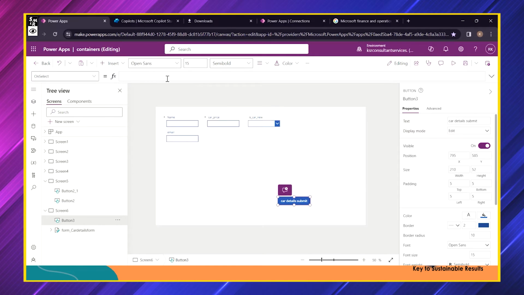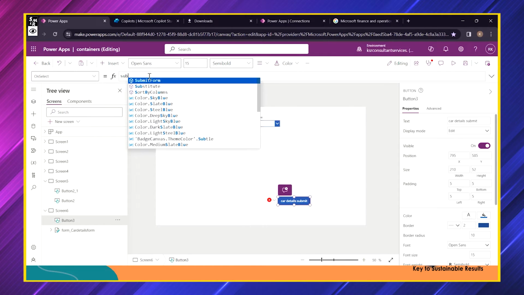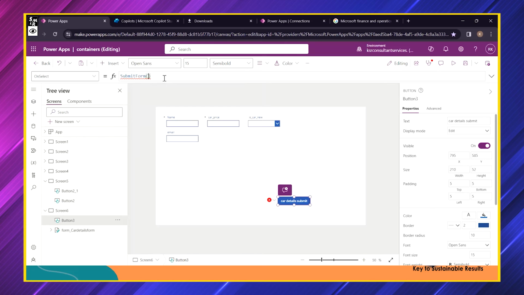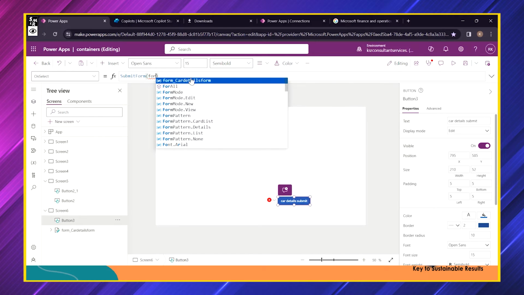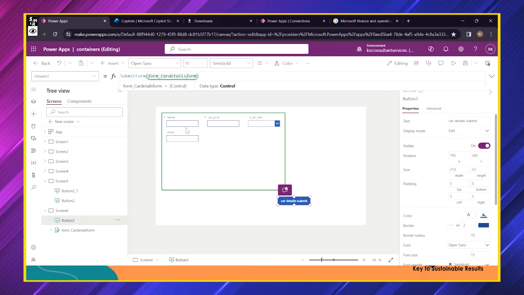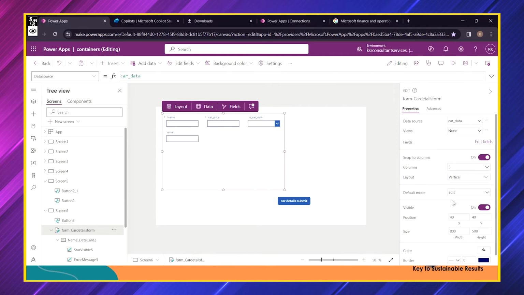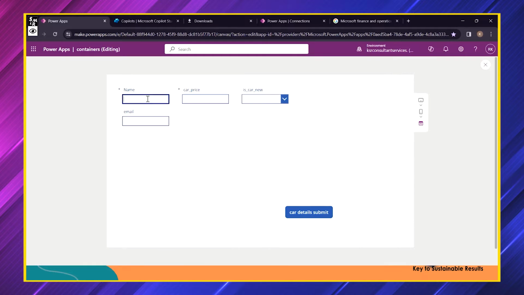Every control we use inside the app has these kinds of functions. You need to understand well how and where you can use those particular functions. So in our formula section, I'm looking for SubmitForm, and select the name of the form. If you type form, you see what we have created. So that's it. Here it is in edit mode. I'm making it into new mode, and here I have name KSR, car price 3,000, is car new, yes, email ID